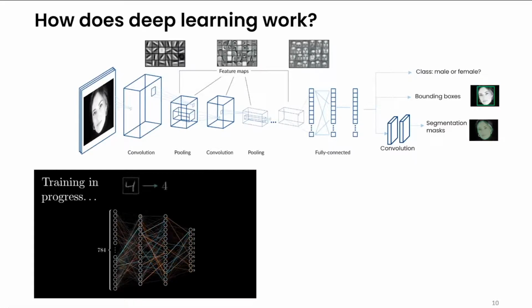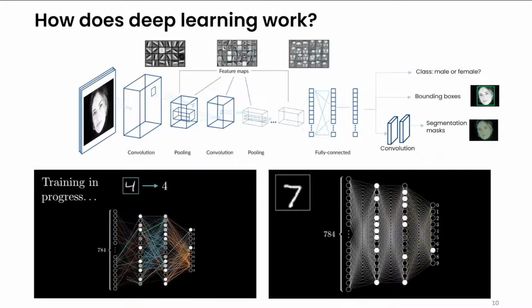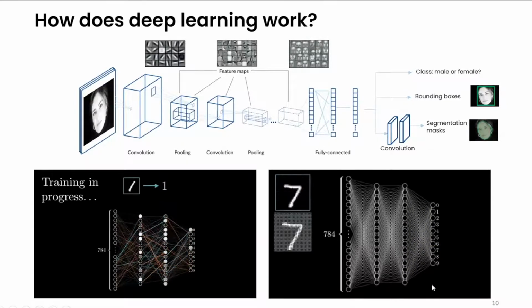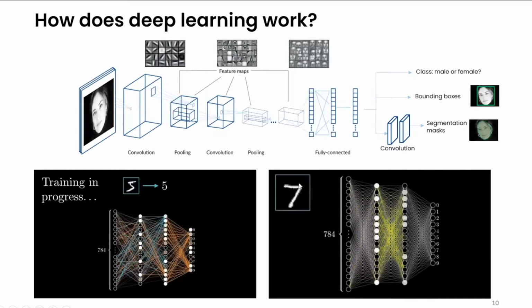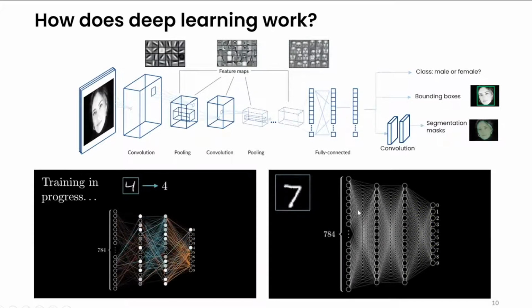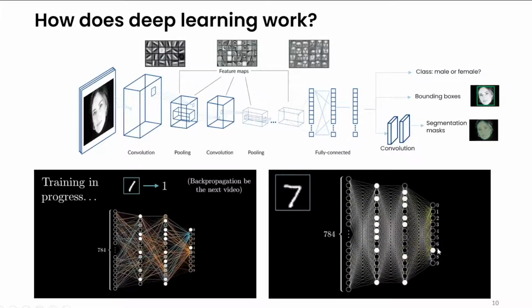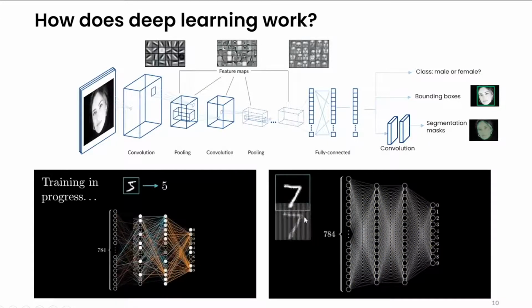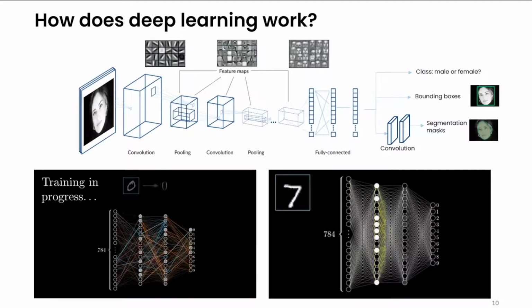Once the model is pre-trained, it is used to detect or run inference on other cases. Here it is used on new images, and in the digit classification example, it applies the pre-trained weights to find the digit with the highest probability after all the calculation. The highest probability is 7, and it is categorized into this category. So that is a simple example demonstrating how it works in training and inferencing.